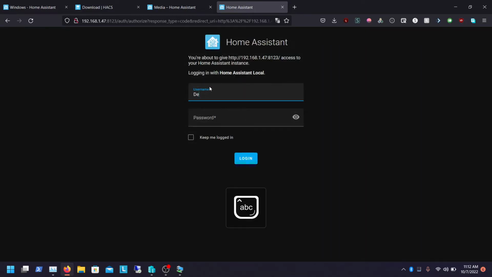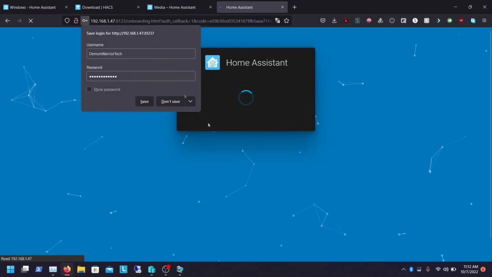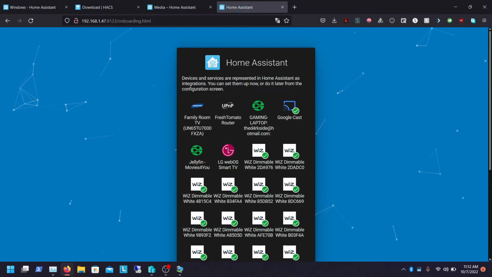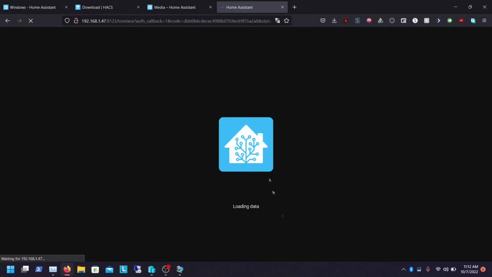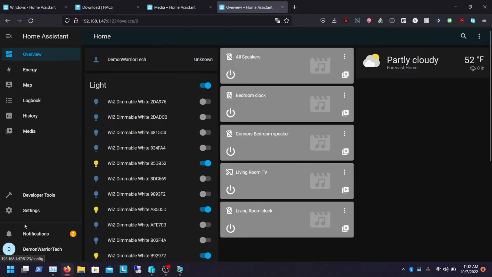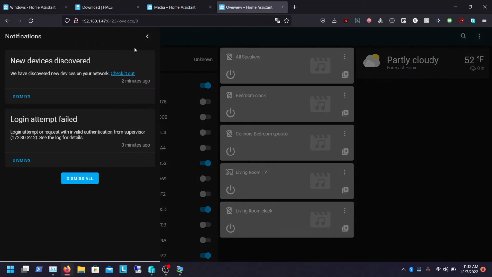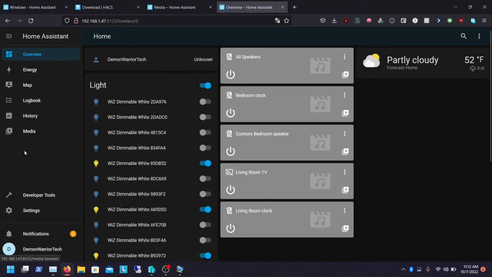Okay, so now we log in. Okay, and I just click keep logged in, so I don't have to log in every time it asks me. All right, I'm going to go back down and click finish. Now that that's done, we're going to go to notifications, make sure there's no updates, which just says discovered some devices. So next we need to install HACS, which is pretty simple, but I always recommend on a fresh install